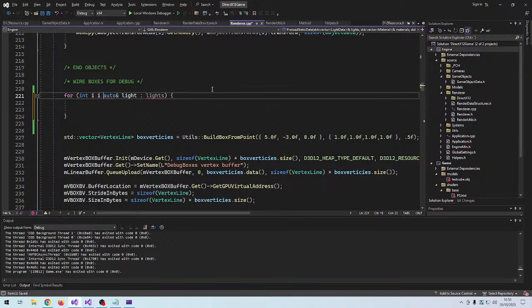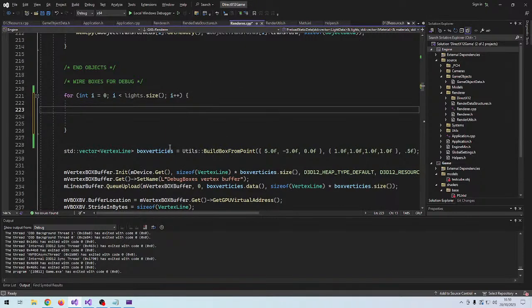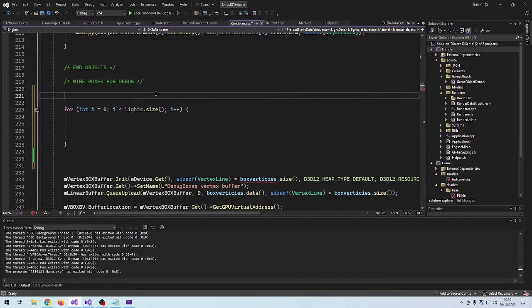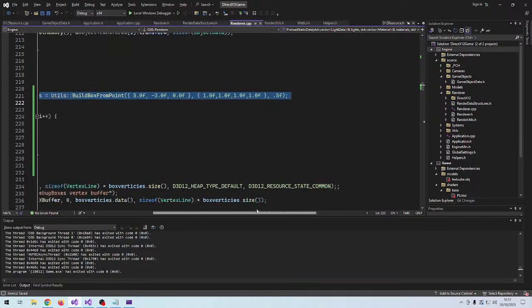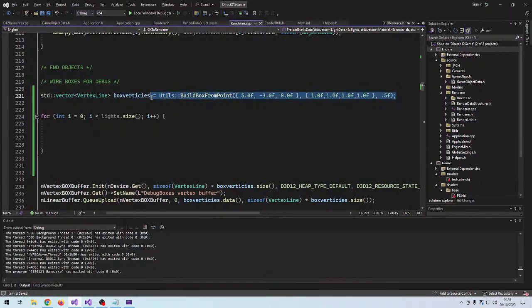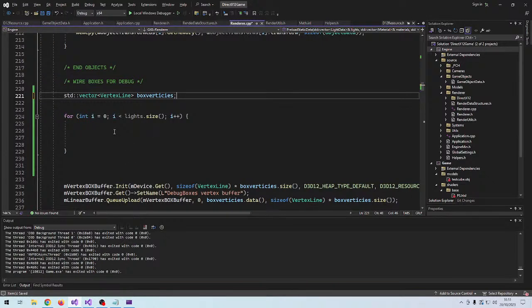Maybe we want an index instead. Let's see. Right now we will only support creating one, but eventually we will have to